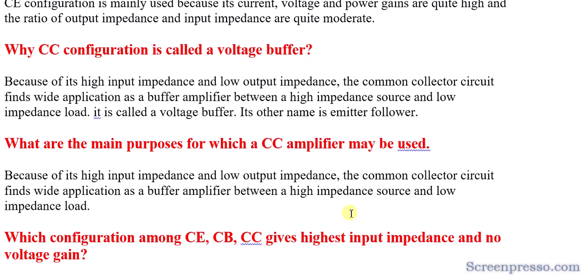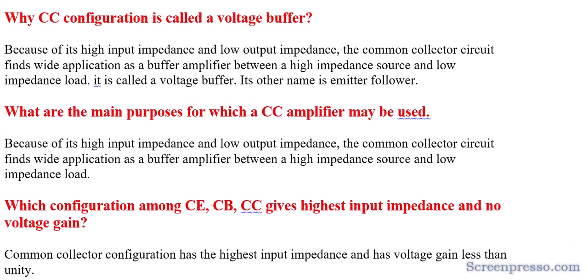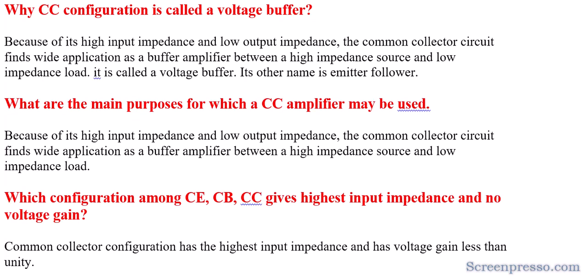Usually in any circuitry, what is desired is that input impedance should be very high and output impedance should be very low, because we have to get the output. If impedance is high at the output end, then definitely the output we are expecting will not occur because of that impedance. So we try to make the input impedance high and the output impedance low, so that the input is controlled and the output is as expected.